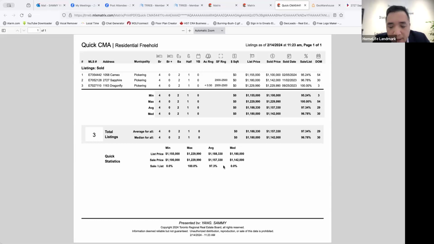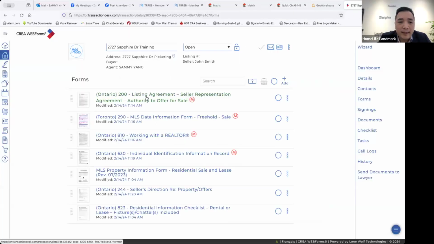So for this scenario, because the seller said it's just normal, not too rushed, just a normal situation, maybe I will list at 1.149. So that is the price I will suggest to a seller to list. And from listing agreement,